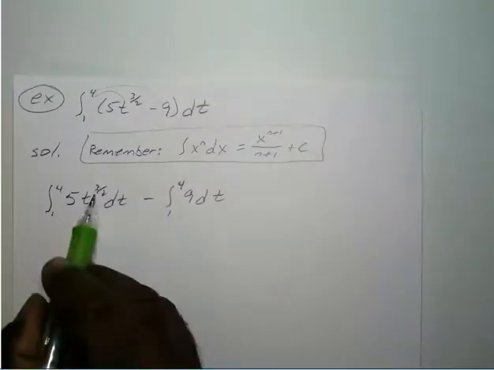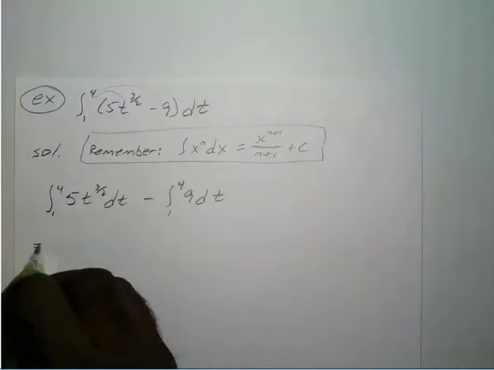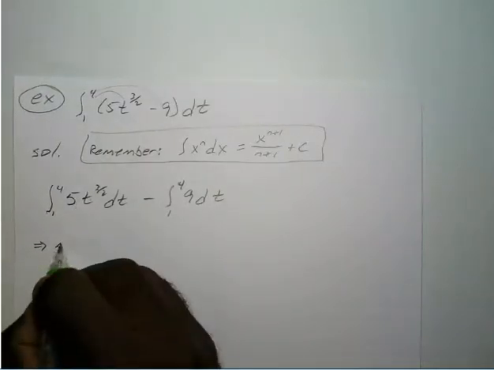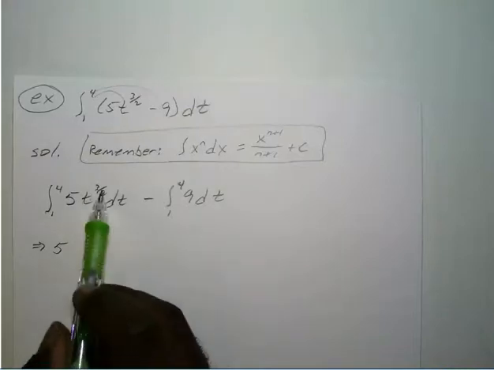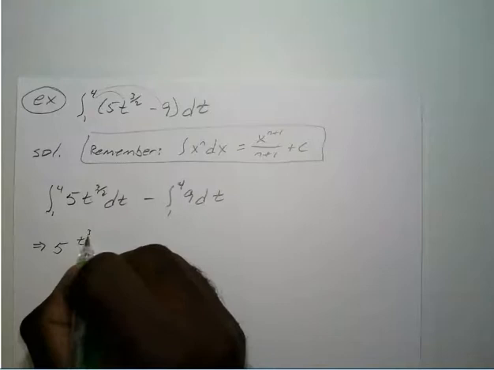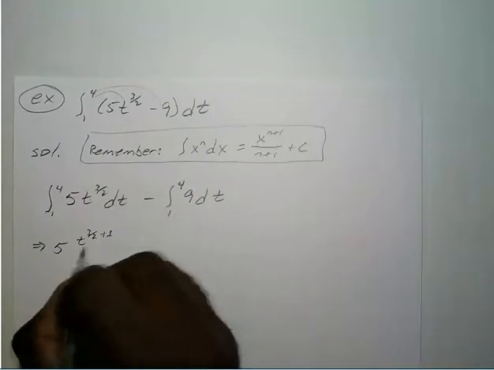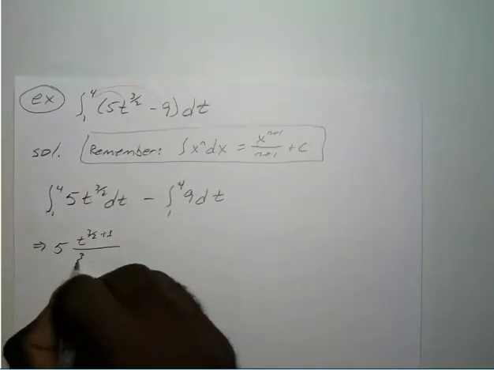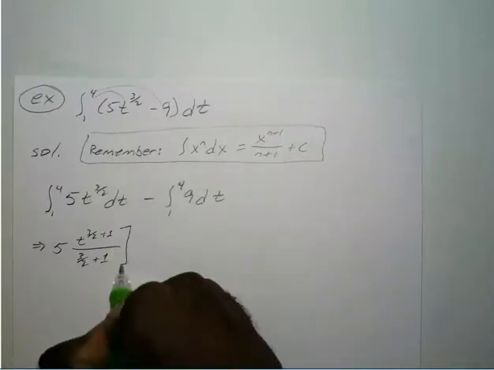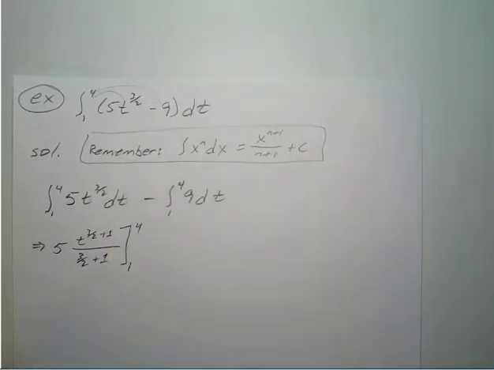All right, so if we integrate both of these, we can bring our 5 to the outside, so we have our integral of t to the 3/2, so that's t to the 3/2 plus 1 over 3/2 plus 1. And that is from 1 to 4